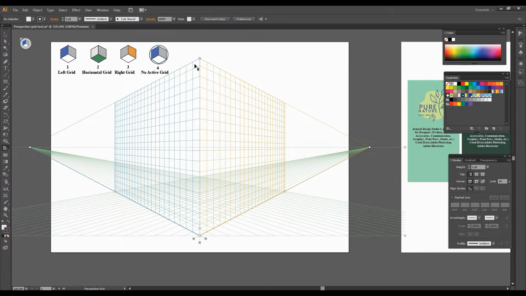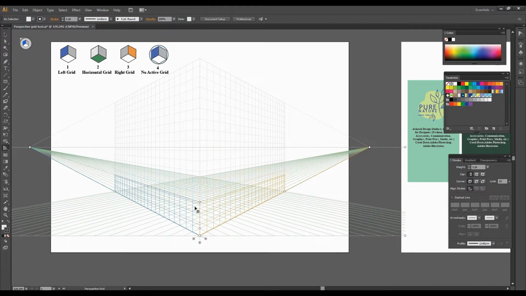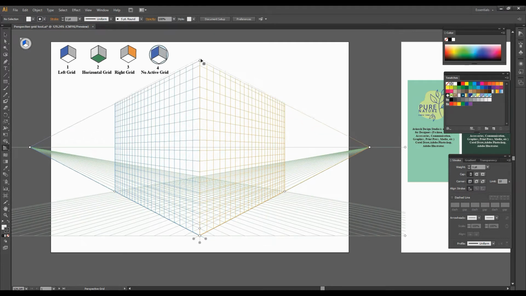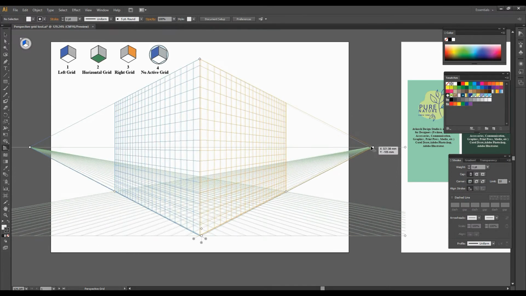So basically, you have the selection tool here. You can select this point and increase or decrease the size of the Perspective Grid. According to your choice, you can change the grid. You can also select here to increase or decrease the perspective size.